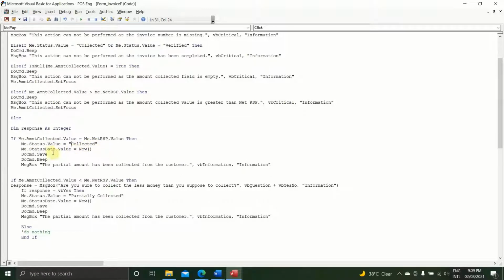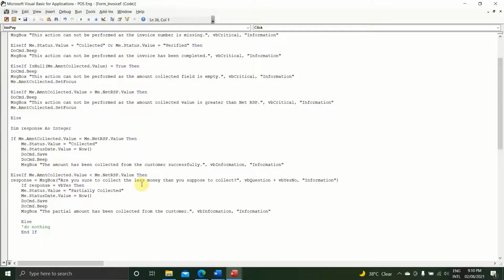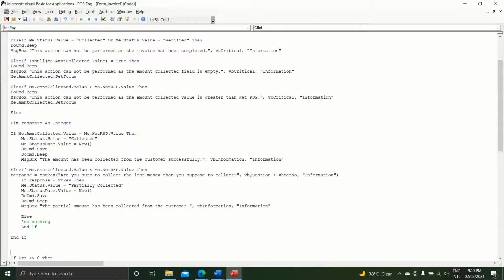Status date will be now, cmd.save, beep, and the amount has been collected from the customer successfully. Okay, else if the amount is less than net RSP, then proceed and throw a message, maybe a question, maybe yes and no, and then accordingly you proceed. Let's debug it